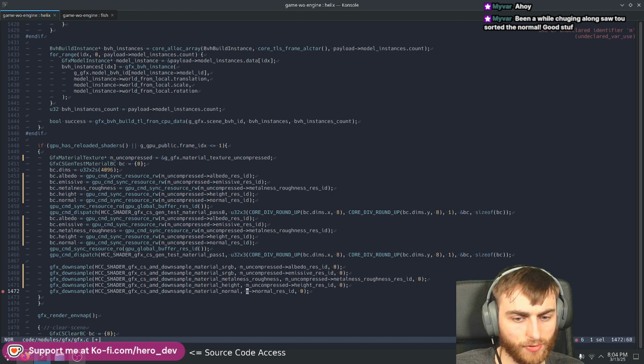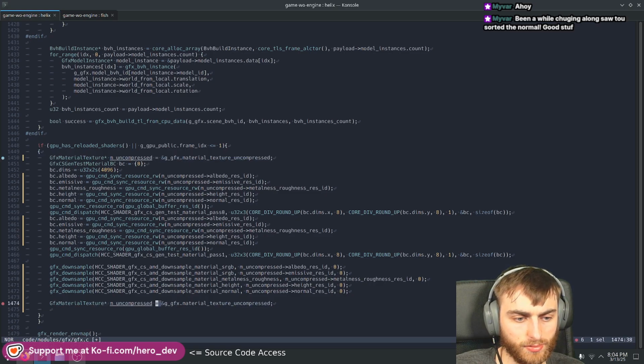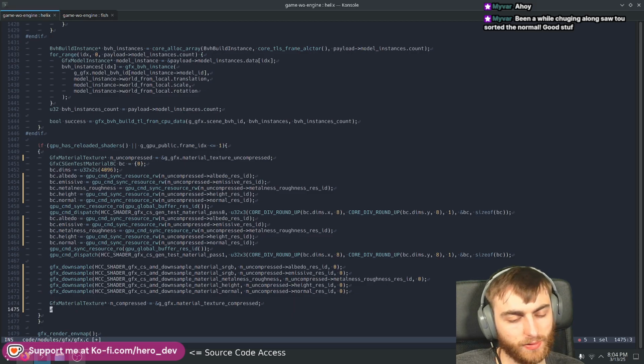Then they obviously downsample the crap out of these. Then afterwards we need to get hold of the compressed material, which has all the different material properties. Then we need to say, right, this is where we run all the shaders now. So yeah, we need to say